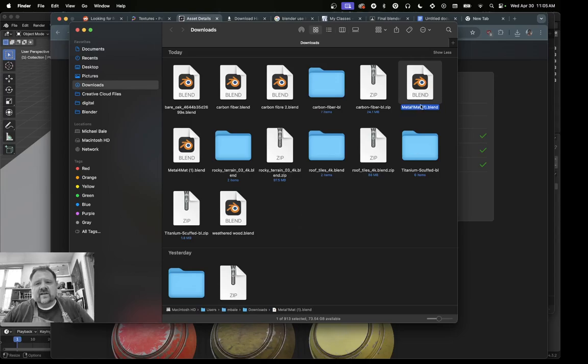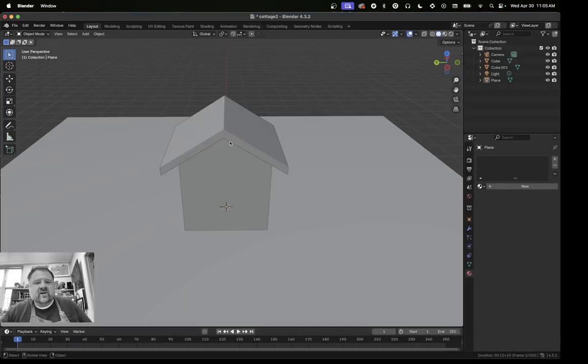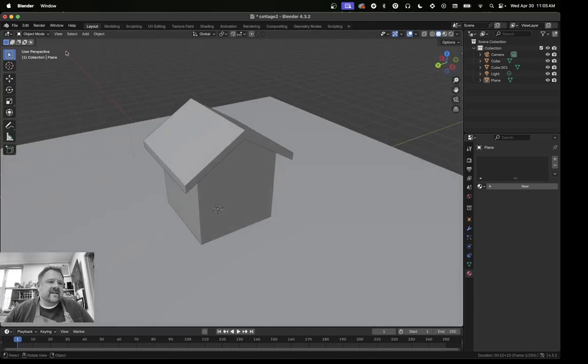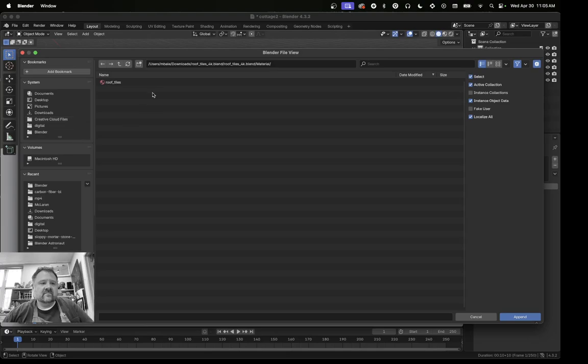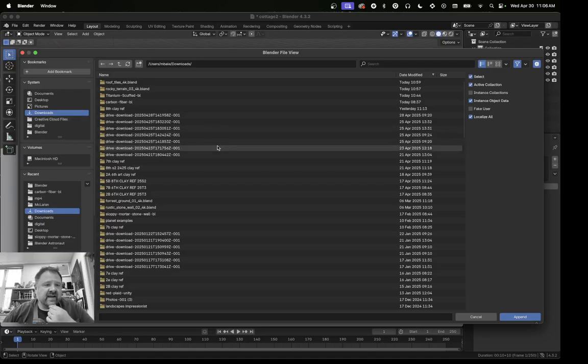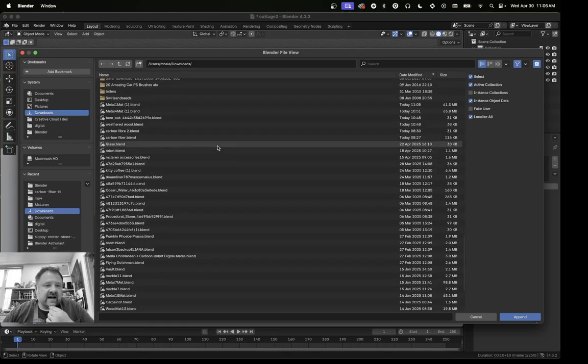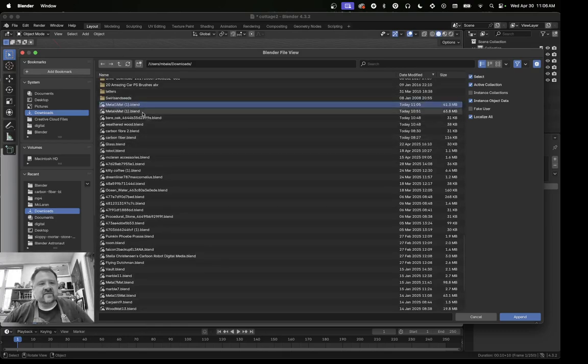So here is the material that I just downloaded called Metal 1 Mat, and it's got a .blend extension, so I can use this. So I'm going to come back over here to Blender, and on the file menu up here, I'm going to choose File, and I'm going to choose Append. Append is like adding one file into another file. So when I choose Append, it's going to pop up a file viewer. In this case, I want to click on my Downloads folder, and down here at the bottom, I'll see I have a ton of files. You don't have as many as I do, so it should be a little easier for you to find it. But here's the one I just downloaded,